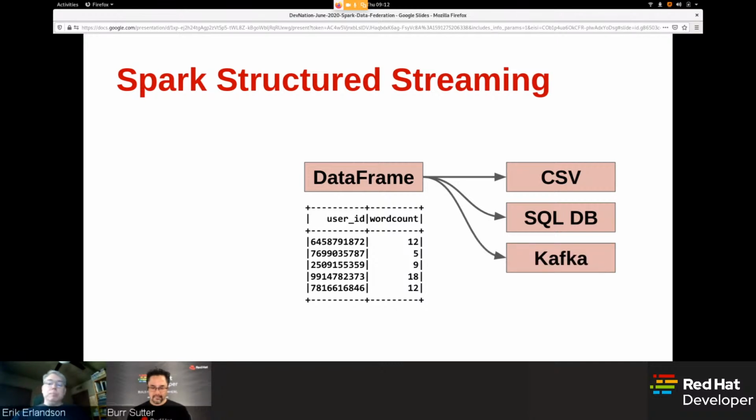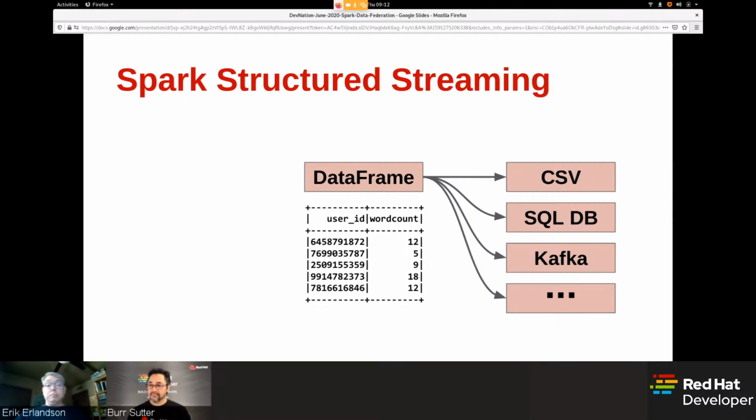Again, as I mentioned, you can back it with streaming data sources like Kafka, which I'll be using today in the demo. And there's an enormous number of data sources that provide interfaces that Spark can use to wrap a data frame interface around.